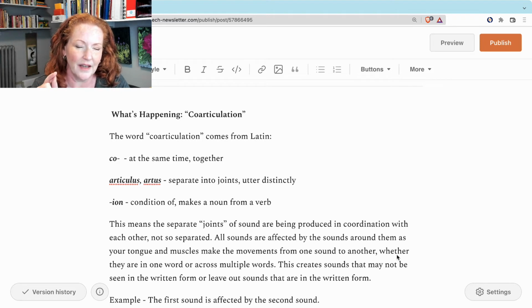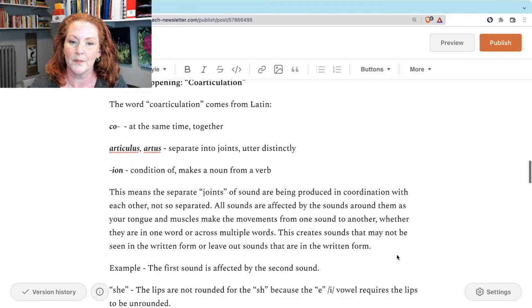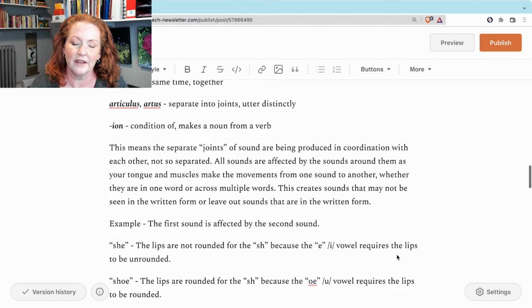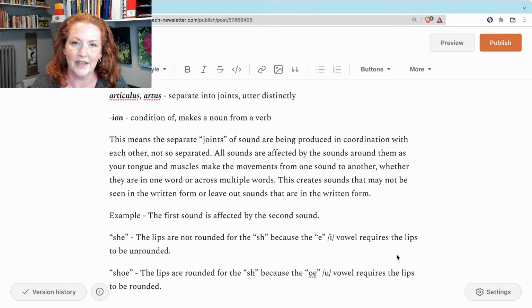And that means that every individual sound isn't alone. It's always going to be influenced by what's around it. And what's around it could be sounds in the same word or not the same word because there's no real boundaries between words. So, for example, when you say she, the SH sound has a little bit of lip rounding